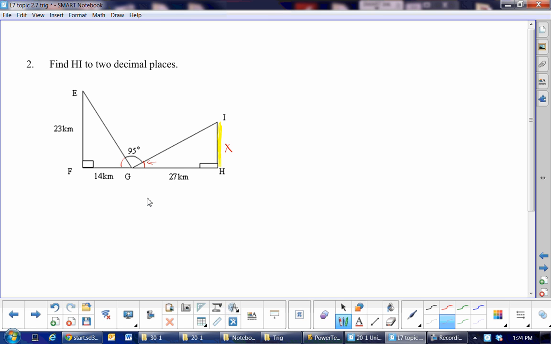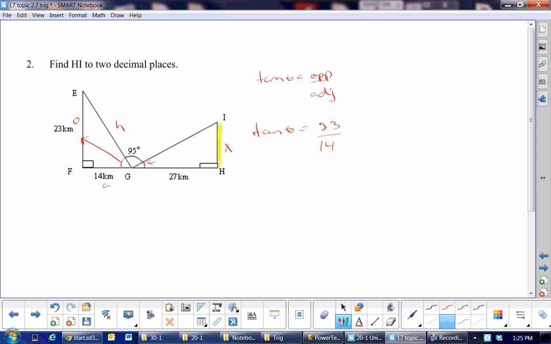Well, let's label our triangle first of all. That's opposite. This would be adjacent. This is hypotenuse. Okay? So I'm trying to find that angle, and I will use opposite over adjacent, which is tan. So that is tan theta equals opposite over adjacent. Tan theta equals opposite is 23